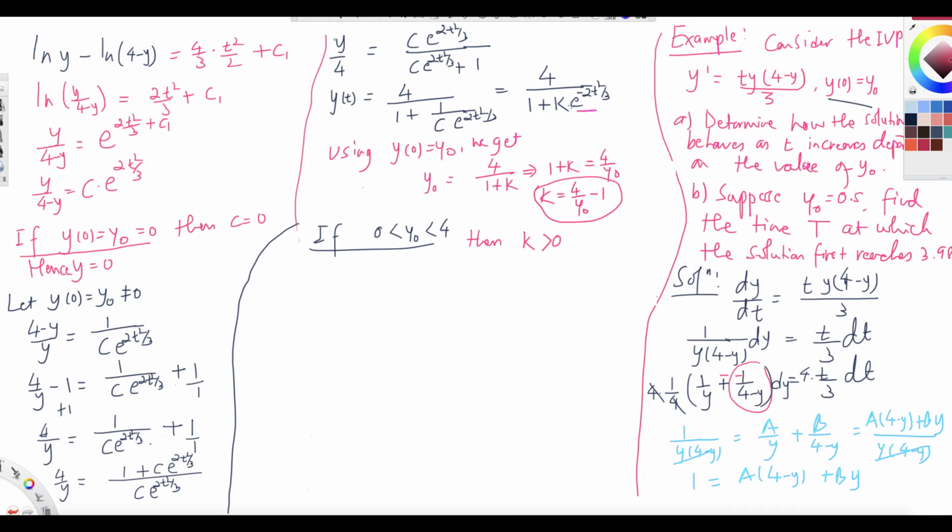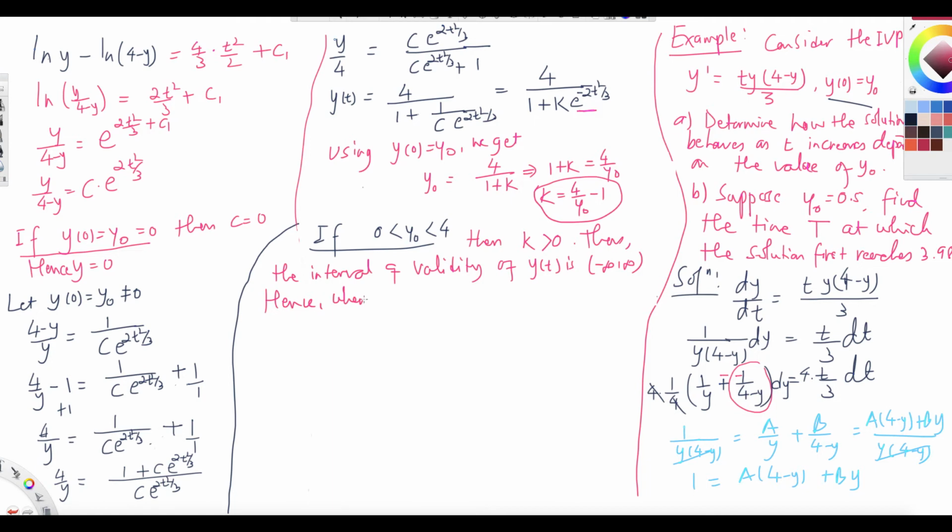So the whole thing will be positive. So there is no case that the denominator will be 0. So the interval of validity is all real numbers, right? Thus, the interval of validity for y(t) is negative infinity to positive infinity, right? So we can take t tends to infinity. Hence,